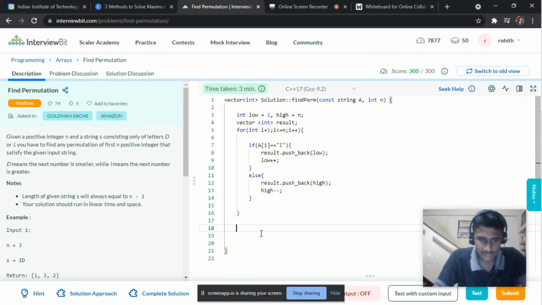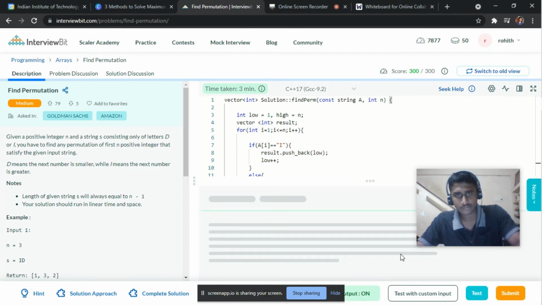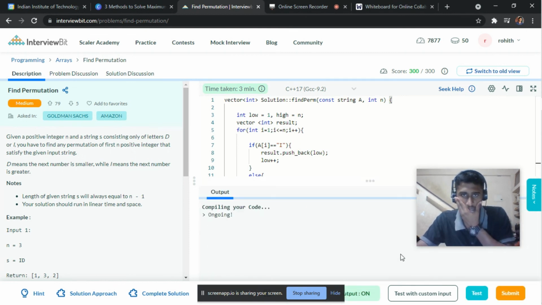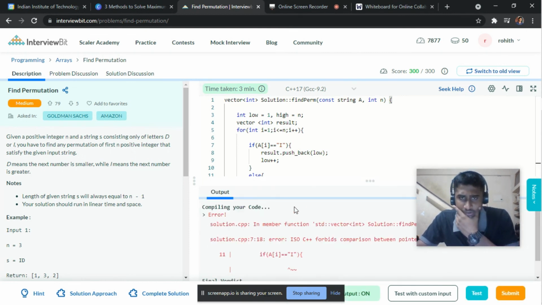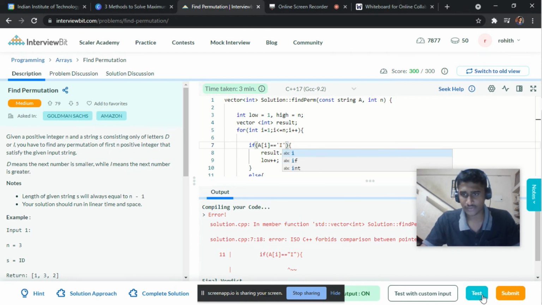So let us return the result. Okay, let's test this code, guys. Okay, this is a character, so it must be in single quotes instead of double quotes. Let's test it again.